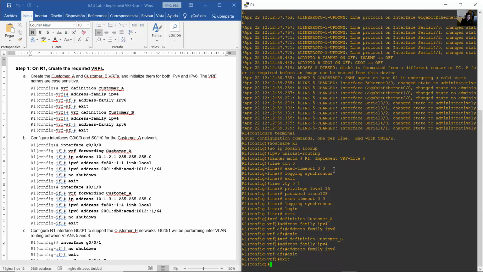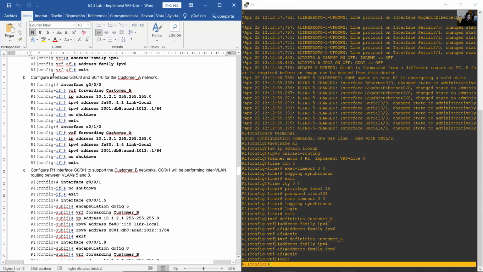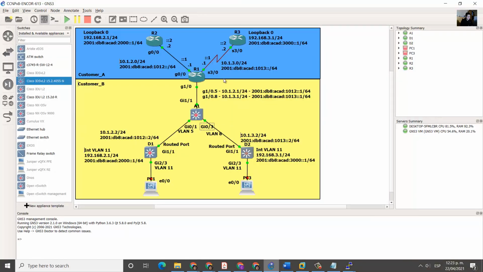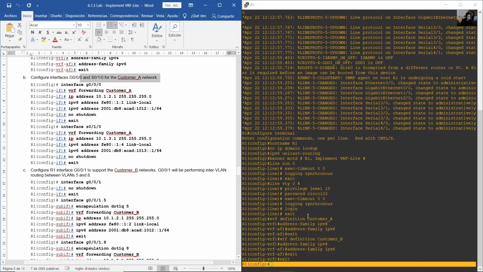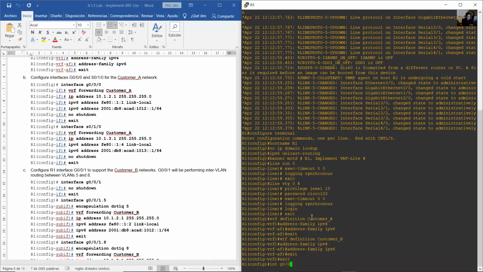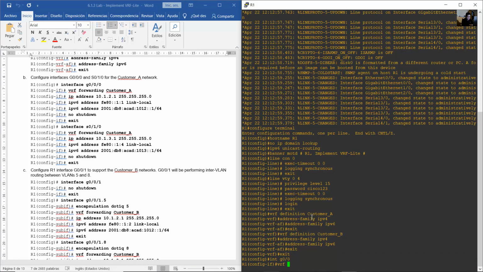Exit again. Okay, so you are on global configuration mode again and configure gigabit 00 and serial 30 for customer A. Okay, gigabit 00 and serial 30. Interface gigabit 00, VRF forwarding customer_A, case sensitive,